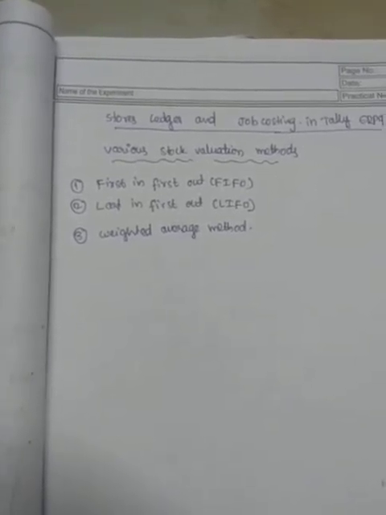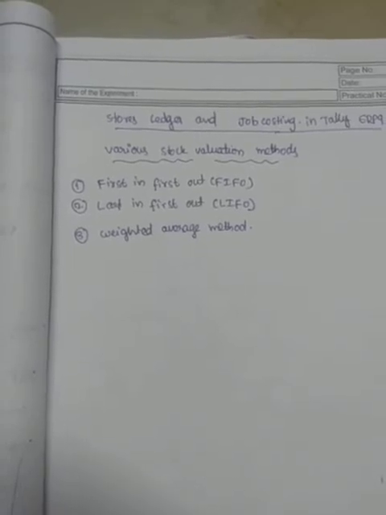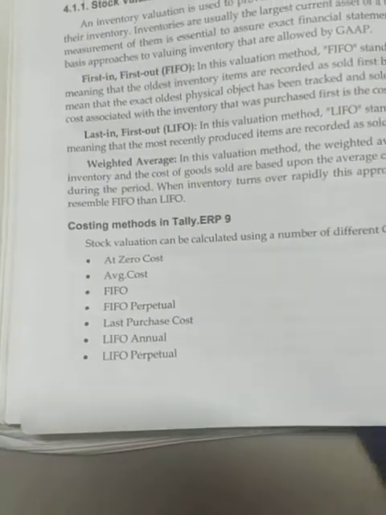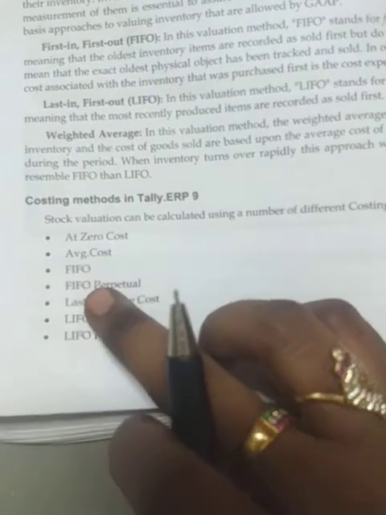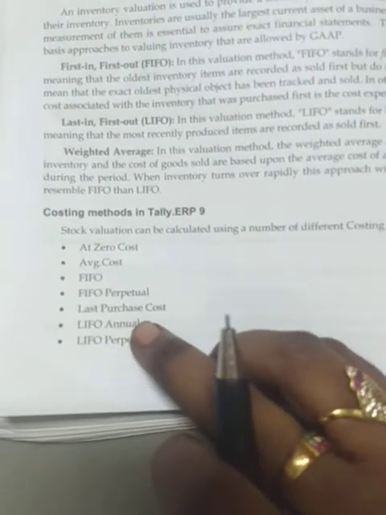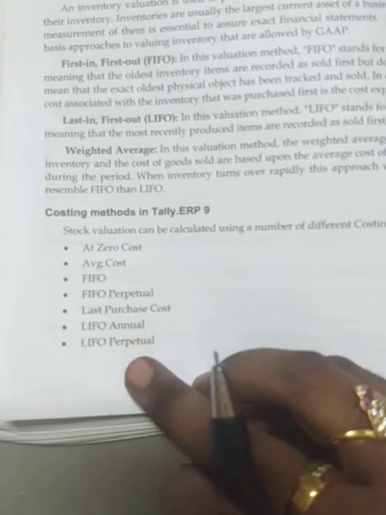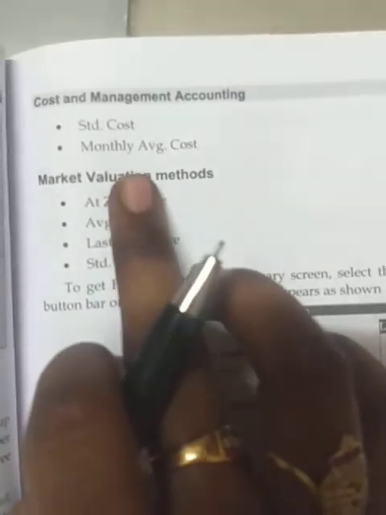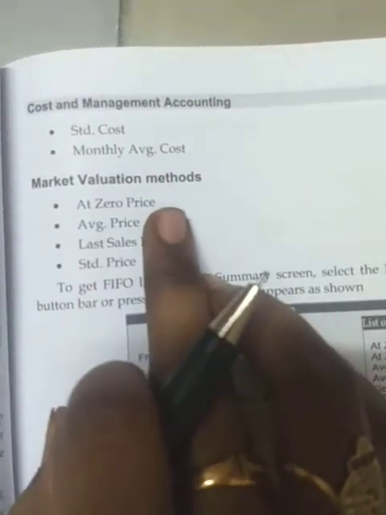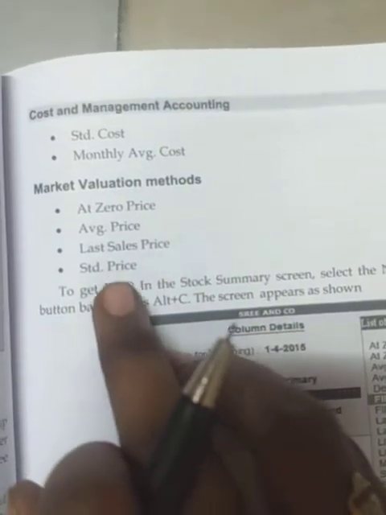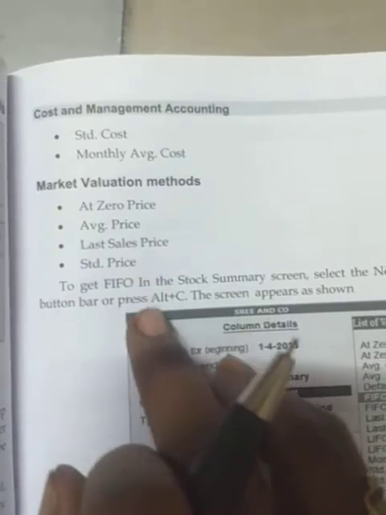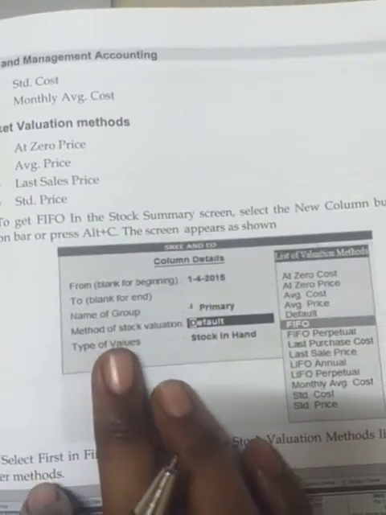Here are some costing methods in Tally ERP 9. Stock valuation: at zero cost method, average cost, FIFO perpetual, last purchase cost, LIFO annual and LIFO perpetual, standard cost, and monthly average cost. Market valuation methods are at zero price method, average price method, last sales method, and standard price method. So to get the LIFO,